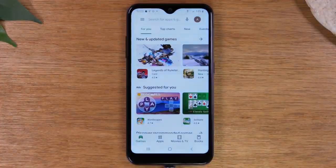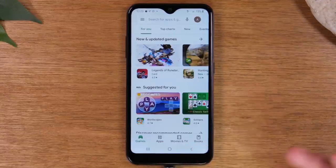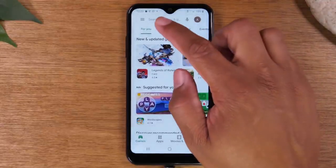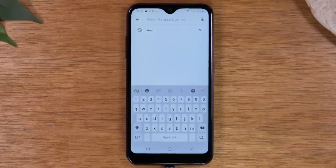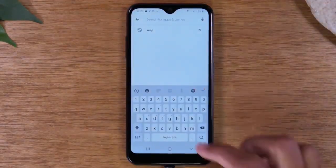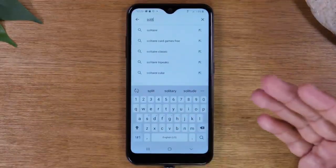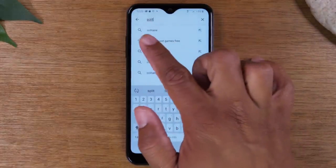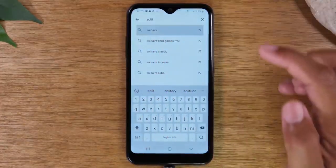Now, the Play Store is your one-stop shop for games, applications, movies and TV shows, and books. To search for any of those items, you simply go up to the box here, tap in that box, and type in what you want to download. So let's say you want to download a solitaire game. I can just type in solitaire, or begin to type in solitaire, and then you'll see it show up in the suggestions. I can then tap on it in the list,